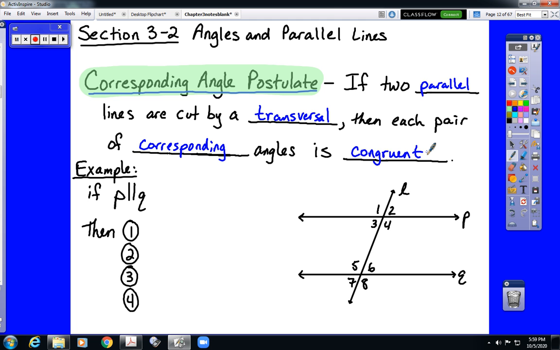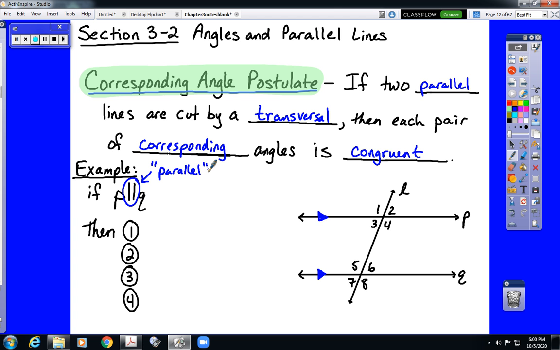So, in this picture down here, we're told P is parallel to Q. So if P is parallel to Q, first of all, that would be seen in the form of a pair of darkened triangles indicating that P is parallel to Q. And this is a new symbol for some of us, these double parallel lines. That is the symbol for the word parallel. So that says P is parallel to Q. Okay? Now if P is parallel to Q and L is our transversal of lines P and Q, that forms